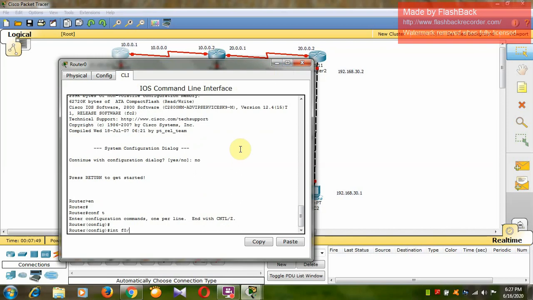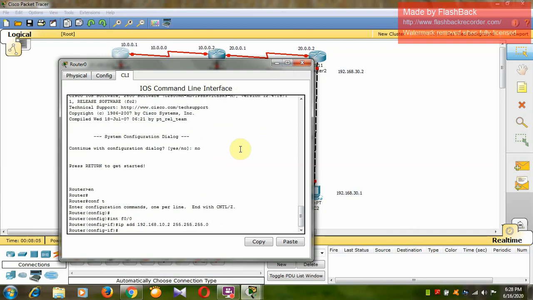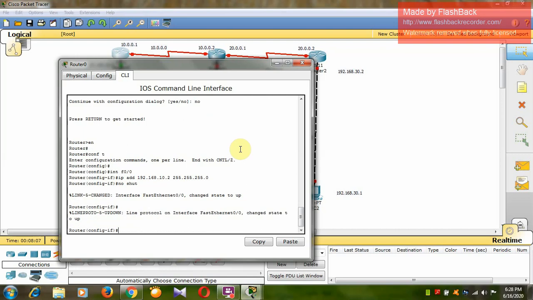So it has the IP address 192.168.10.2. Remember that we have given 10.2 as a default gateway. This is the IP address of this default gateway. So again it is no shut. Again, with the serial interface we are having